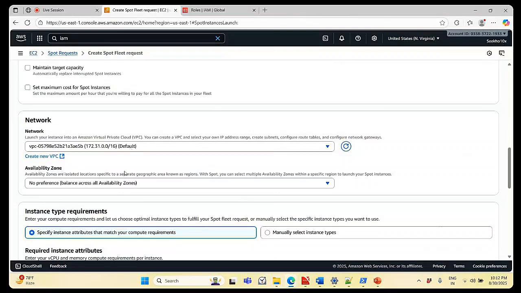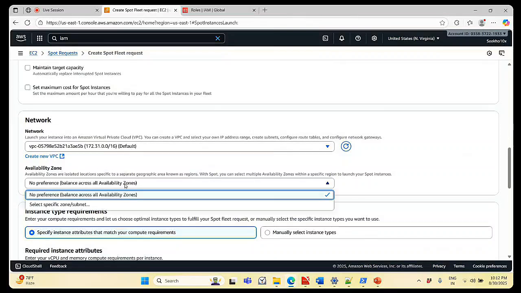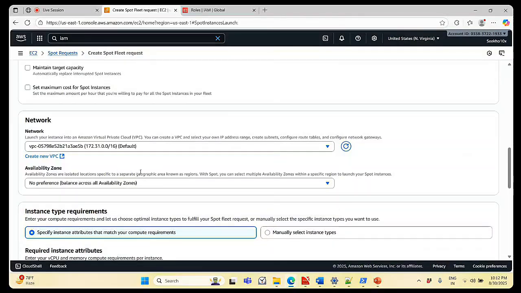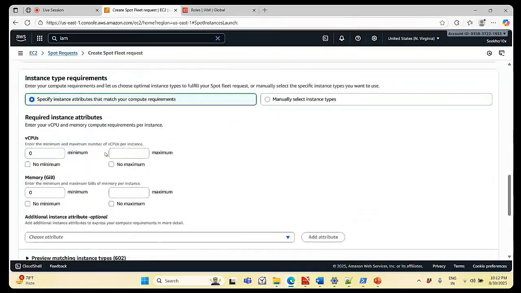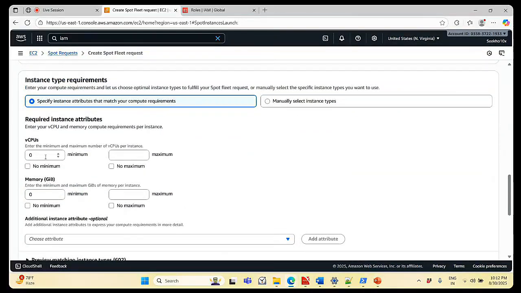And as an availability zone, I am not selecting any availability zone, or else you can also choose your specific availability zone or subnet where you need to create your spot instance. So now your instance type requirement. By default you can specify a minimum requirement, like I need a minimum of 2 cores of processor, maximum of 4. Okay. And I require a minimum of 16 GB of RAM and a maximum of 32,